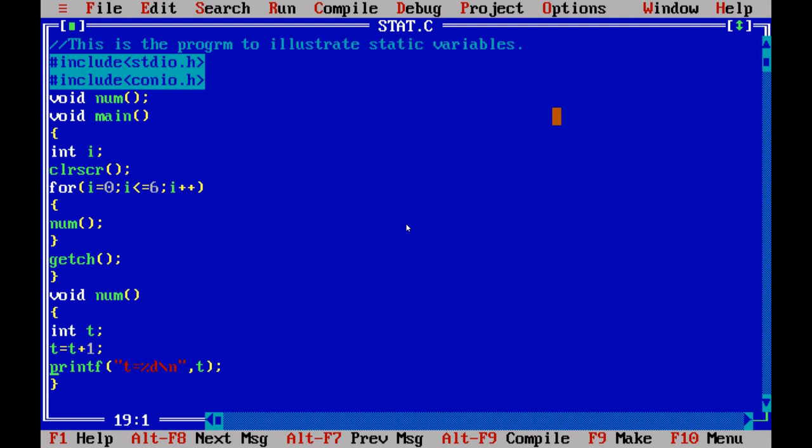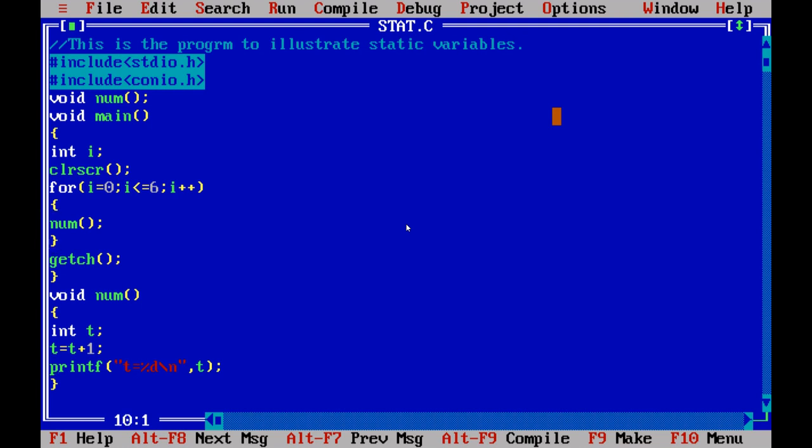What will happen next time, when i is equal to 1? Again we are invoking the function num. That's why we are not going to initialize the variable t again. We are just going to make use of that same memory location t. So the previous value is 1, now it is incremented to 2, and it will be printed.